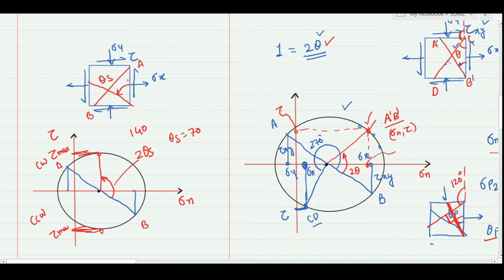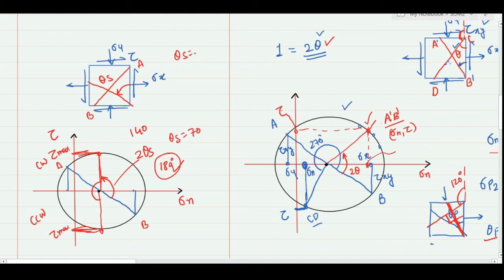Similarly, as we have seen, there will be two principal planes. Here also we will have two maximum shear stress planes. One corresponds to this point, the other corresponds to this point, and the angle between these two planes will be 180 degrees in the Mohr circle. So in the actual system it will be half of this value, that is 90 degrees. Once I calculate the theta s,